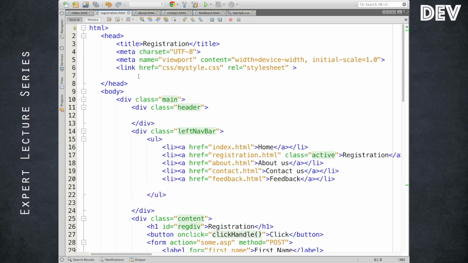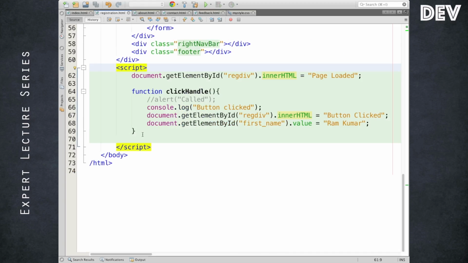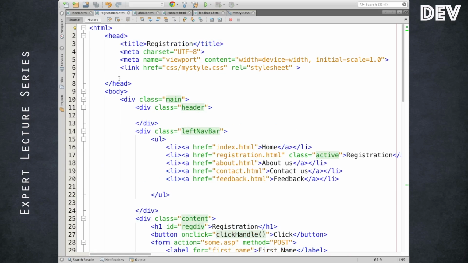When your JavaScript number of lines of code is very less, you may keep it on the top. Because the script block may have a number of lines, it will increase the time of your page load. So it is better to keep it at the end, but make sure what would be the better placement for your design. Analyze and decide. So that's a point I'm trying to stress.